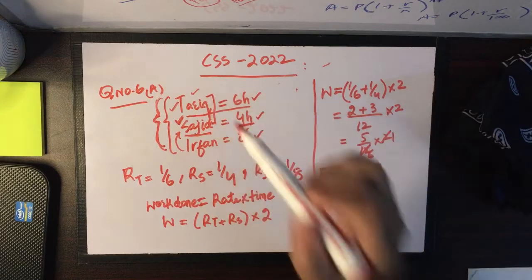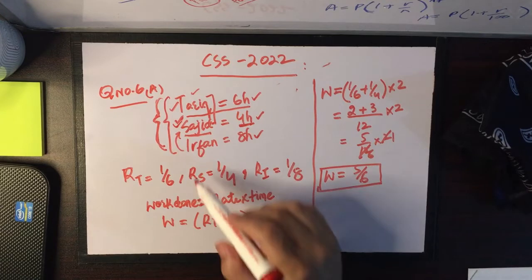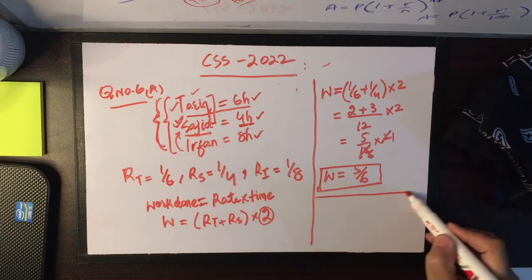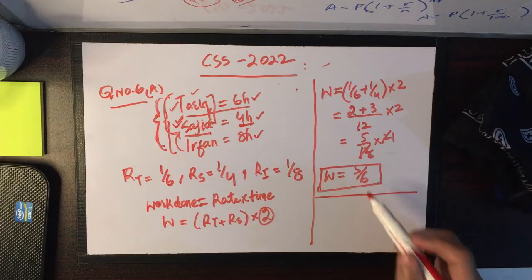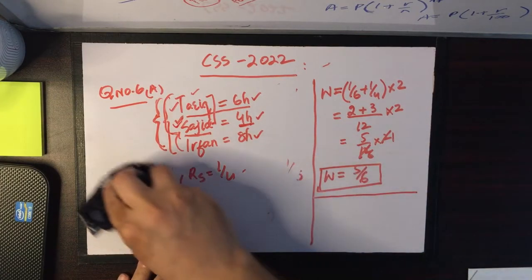Firstly, Tariq and Sajid start doing the work, then Sajid leaves after 2 hours, and then Irfan joins Tariq when Sajid leaves. So we are trying to find out the work done when these two, Tariq and Sajid, worked for 2 hours. The work done is 5 divided by 6. What we'll do now,